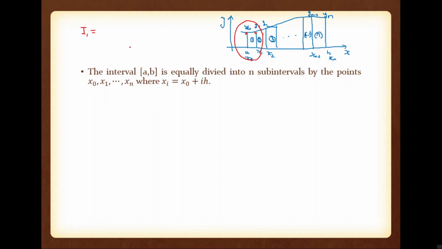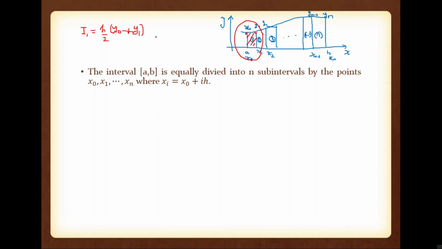My question is, first we have to know this difference. This difference is x1 minus x0, that is equal to h. The difference between the adjacent data is h. So x1 minus x0 is h, x2 minus x1 is h, etc., xn minus xn minus 1 is h. So this particular integration, that is marked as I1, is equal to h by 2 into y0 plus y1. Is it correct or not? Please give me an answer.